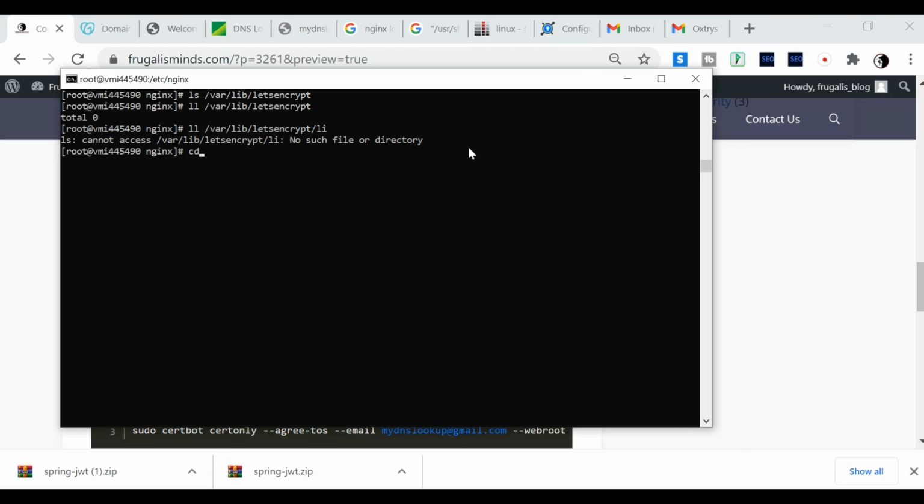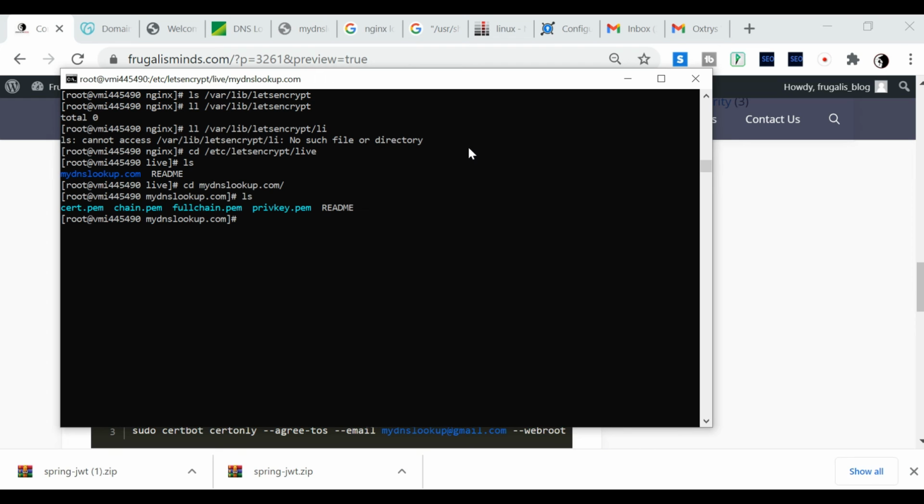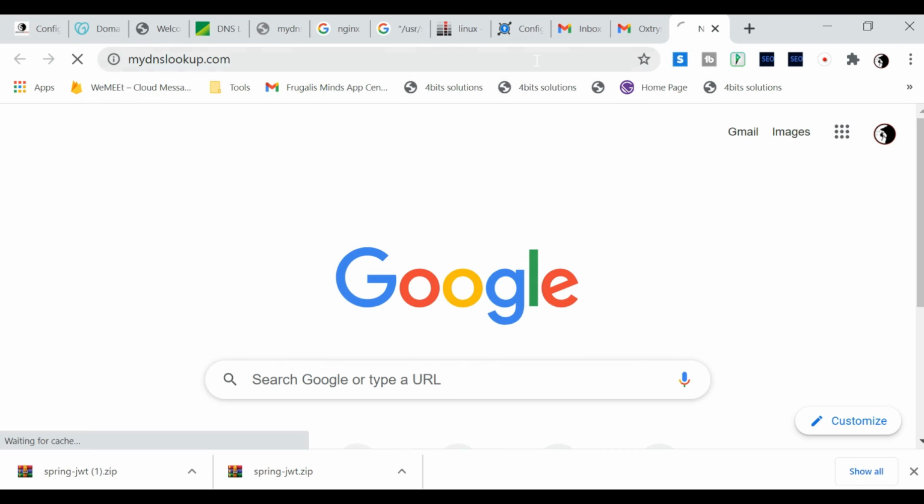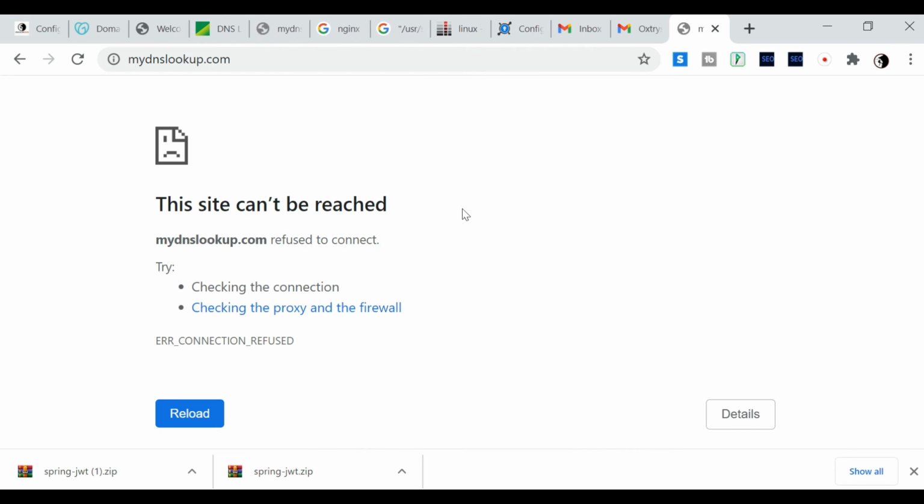Okay, sorry. If you see, my certificates are generated over here. If you see my DNS lookup, this is the certificate that has been generated by Let's Encrypt. Now we are going to use this certificate to redirect to HTTPS. If you see, my DNS lookup is still not redirected to HTTPS, right?